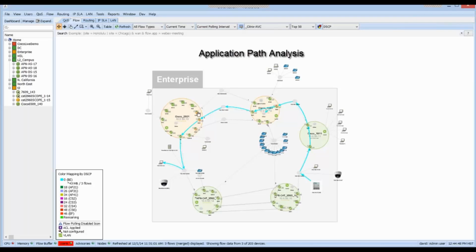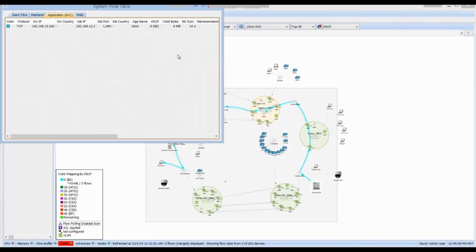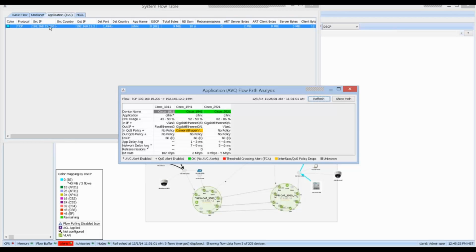And there's a flow going through the various devices all the way to the head end here on the left-hand side. Of course, in order to bring up the AVC path analysis, we'll go to the AVC tab within the system table, and then double-click on the flow. And there it is. So the first hop, notice that it's in gray. The reason for that is because it only supports flexible NetFlow or traditional NetFlow. The ISR G1 does not support AVC, but we're still correlating that flow information from this device and showing it in gray just so we can complete the hops, because we learned the same 4 or 5 tuple from this device as well. We show you, of course, all the things that you're familiar with, like CPU utilization, QoS policies in line to this, as well as application